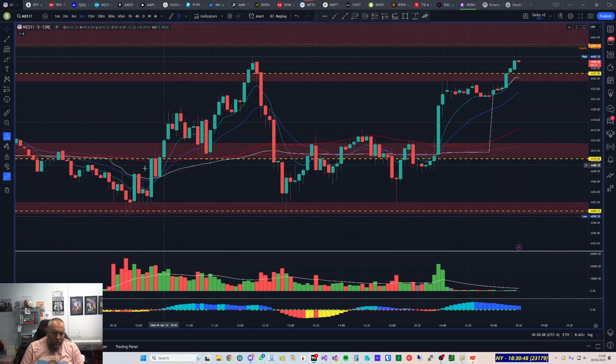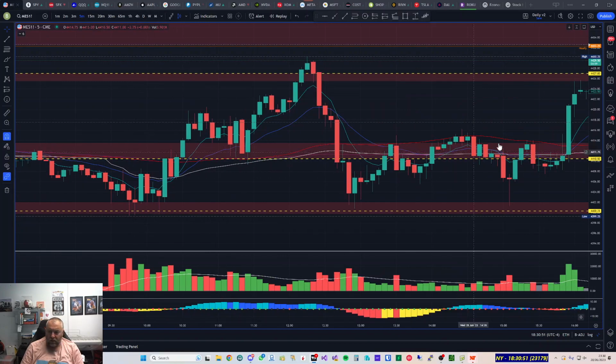So on the 5-minute chart, my first entry was on the 4400 level, and it was only going to be a scalp because it's quite close to where we opened on the market. We opened about here, and I took a very small starting position on the edge of the 4400 box I'd drawn. This is an area of demand, and then I added there.